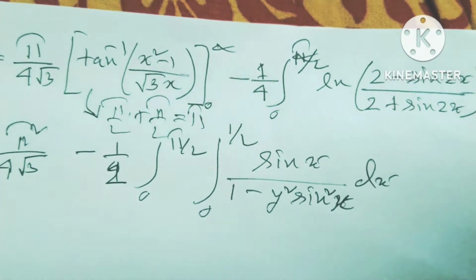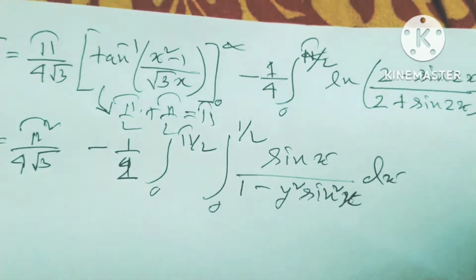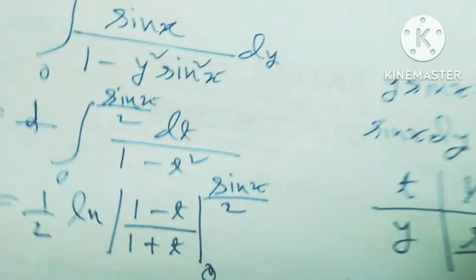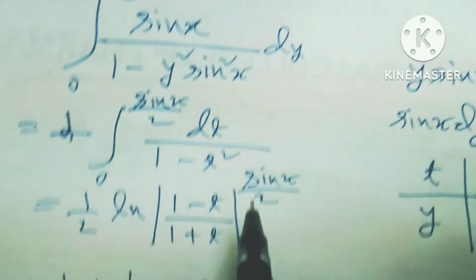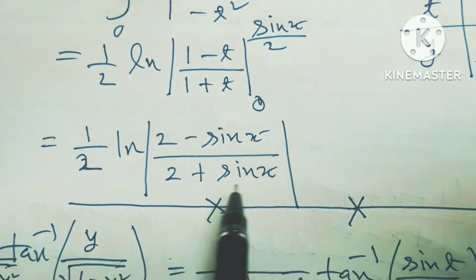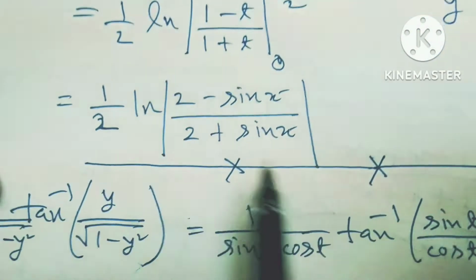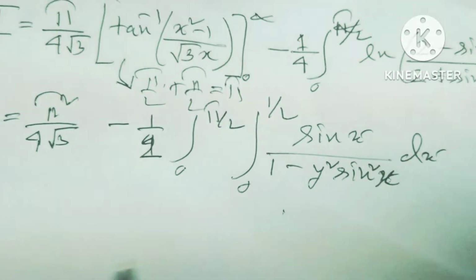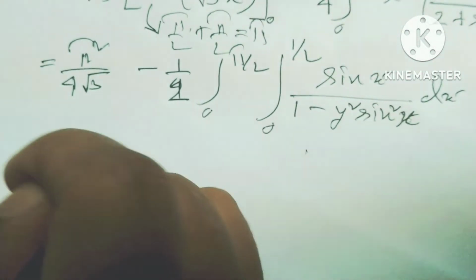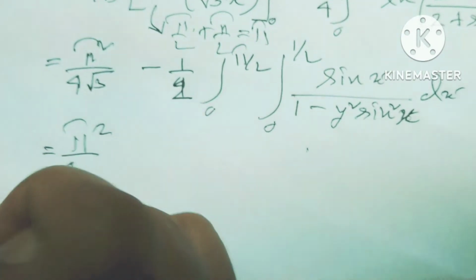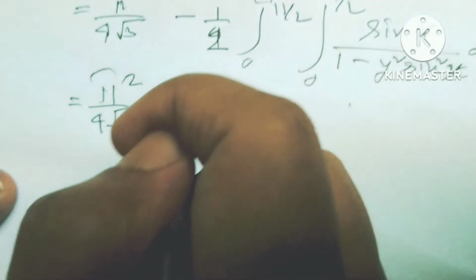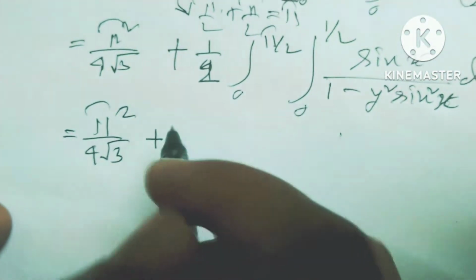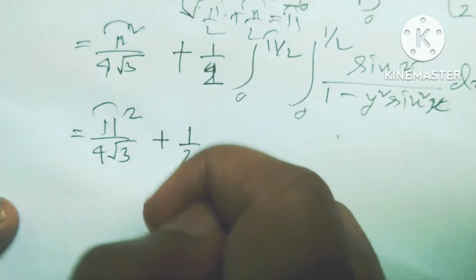So friends, I get 1 minus y square sin square x. How I get this? This is my calculation. So sin x, 1 minus y square sin square x is equal to half into ln of (2 minus sin x)/(2 plus sin x). That's why I get this here. After that I can write this pi square by 4 root 3 plus, here I also get plus, so plus half into